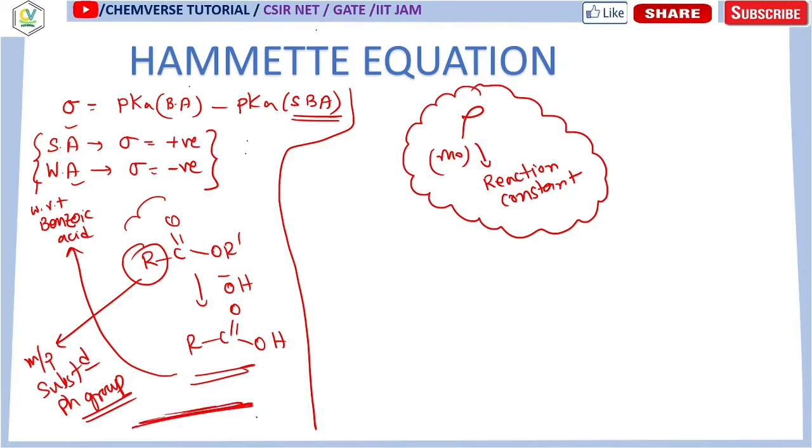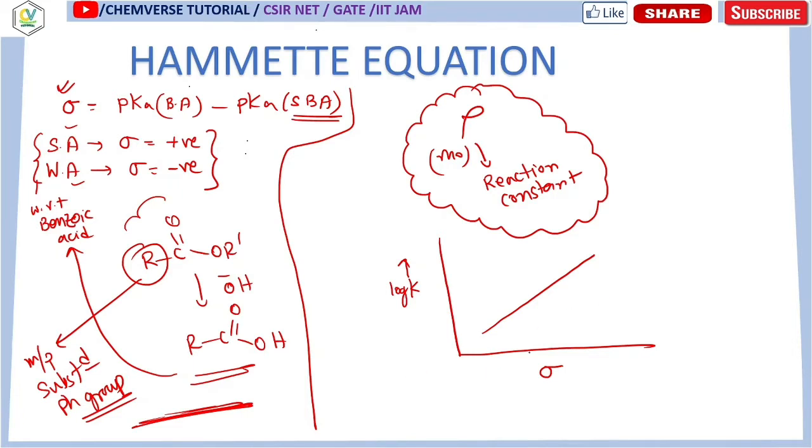You can think that Hammett tested with that substrate and formulated that equation, and he plotted log k, that means the rate constant, with sigma, basically this Hammett substituent constant, and he saw that this is a linear plot. And later we see that this kind of plot, where k is the rate constant, can be used in various reactions.